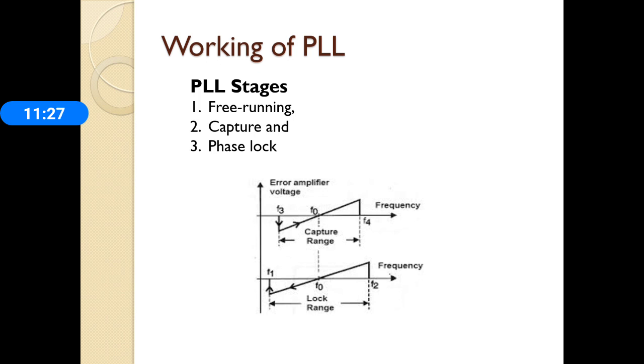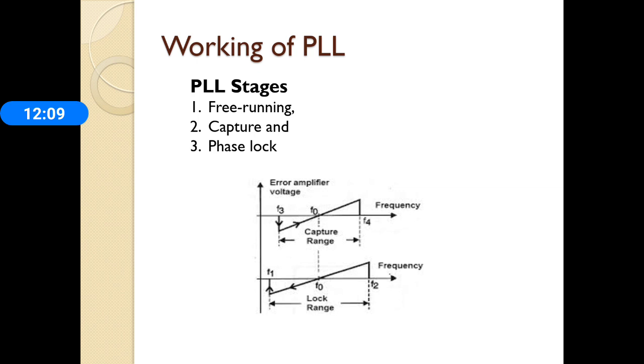Let us consider the free running frequency is Fr. Fr is the frequency at which the voltage controlled oscillator, that is the VCO, is running without an input signal. Let the input signal Fi, increasing from 0, be applied to the phase comparator. The graph between the error voltage and input frequency we have already observed in this figure here. It can be seen that when the input frequency is less than Fi1, the error voltage, that is VER, is 0. At this time, the VCO will operate at the free running frequency.